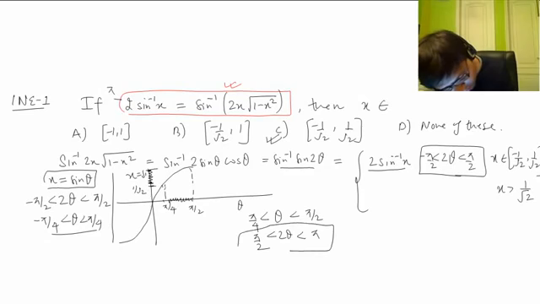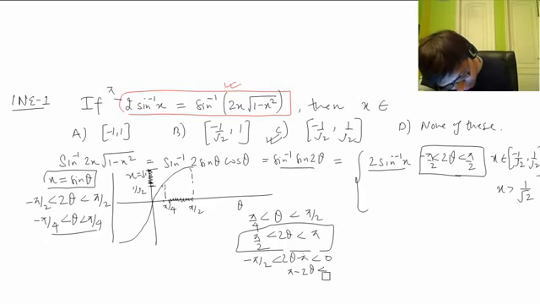2 theta is not in the principal value branch of sine inverse, right? Here you have the option of using the graph of sine inverse sine. I'll show you. So 2 theta is not in the principal branch. Then which is in the principal value branch? Pi minus 2 theta is in the principal value branch. Or you can say 2 theta minus pi. Subtract pi from each and every side. This is the principal value branch. Or we multiply with a minus sign.